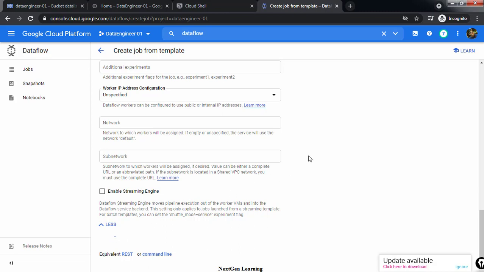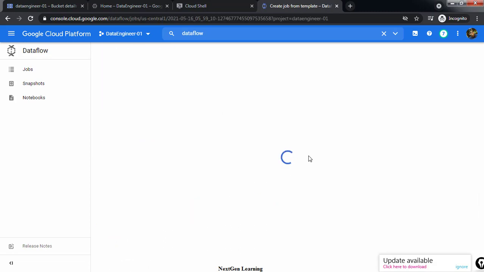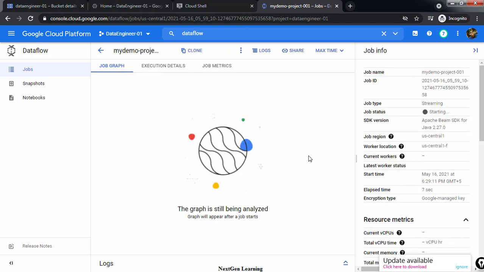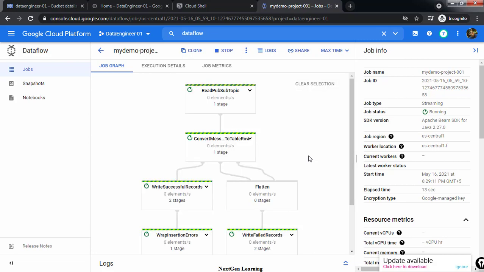It will deploy some compute instances in the backend to run this job, and in that compute instance it will run as an Apache Beam job. Basically this job will monitor the PubSub topic that we have given as parameter, and whenever a message reaches there, it reads the message and writes it into the BigQuery table.